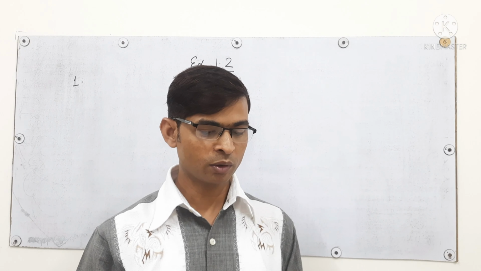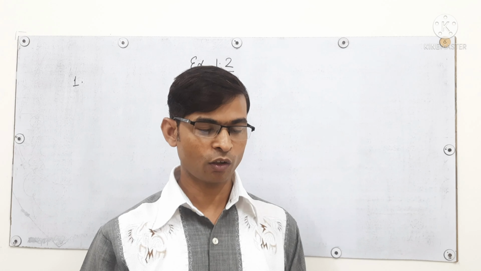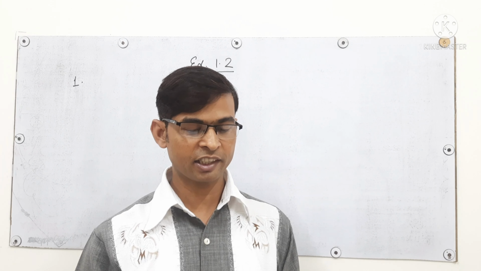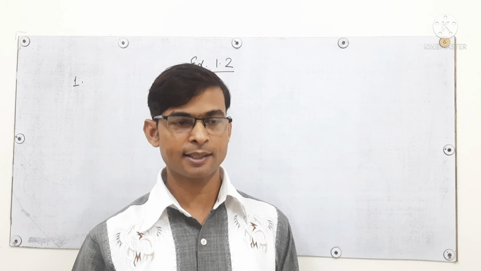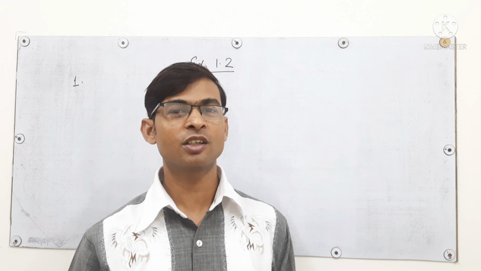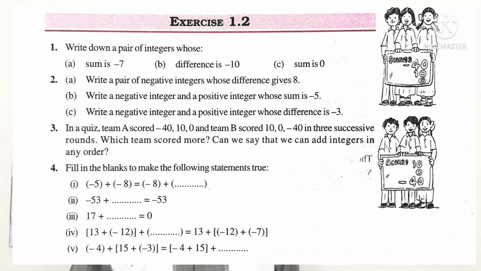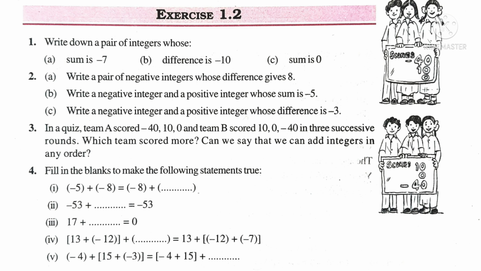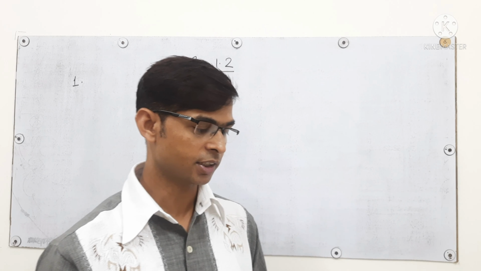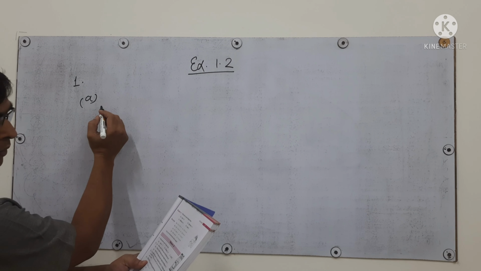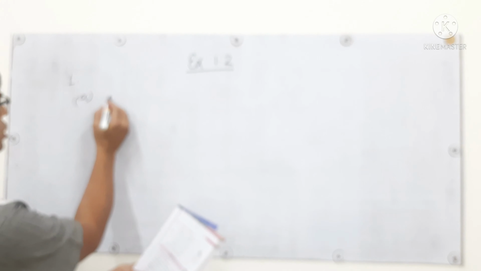In question number 1 we have to write down a pair of integers whose sum is -7, difference is -10, sum is 0, and you can see the question on your screen also. First of all read the question and now we will do the exercise. We have to find a pair of integers whose sum is